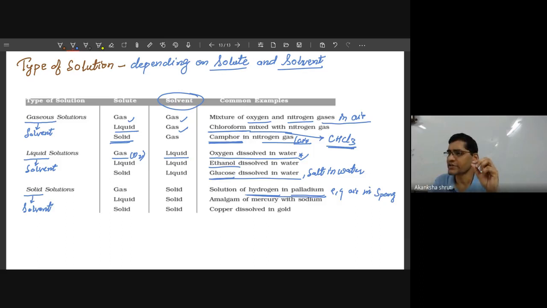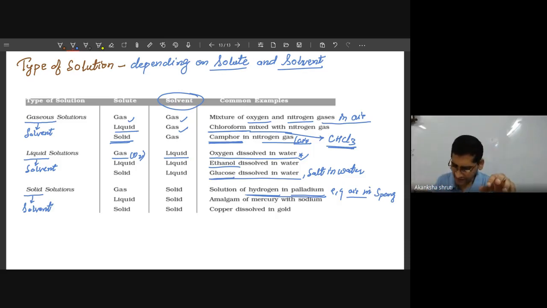If the sponge is of uniform size, meaning the whole size of the sponge is uniform, then air gets trapped in it. Like the foam that we use over our sofa or our bed, that is a sponge that contains a large number of holes for air to enter. So that's why it appears spongy.